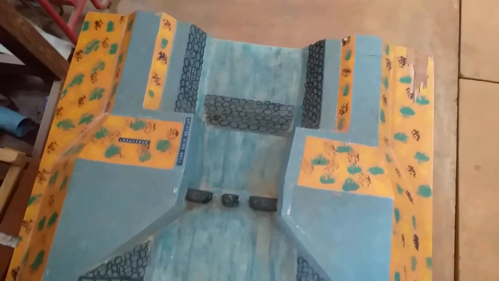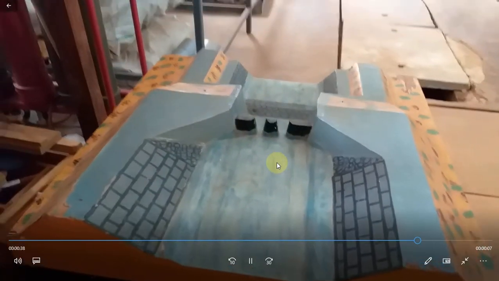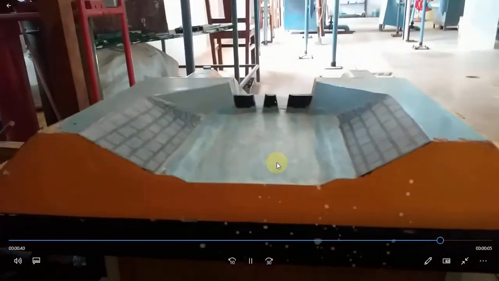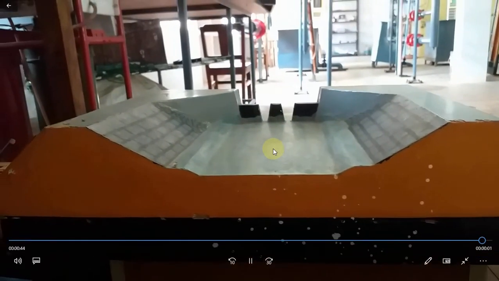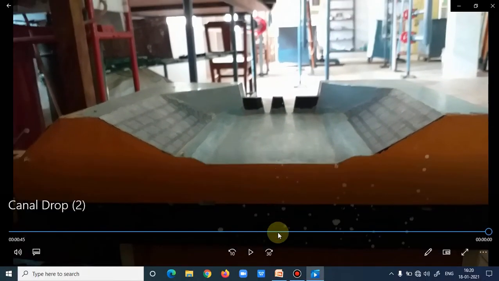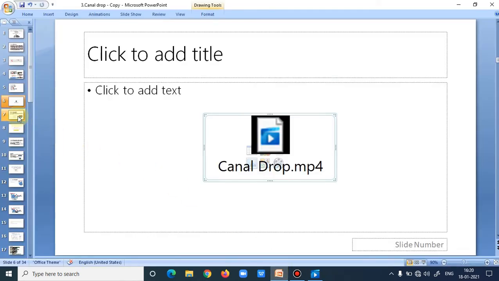Top view, and see how the front view from the upstream side looks like. Yeah, this is the end of the video.